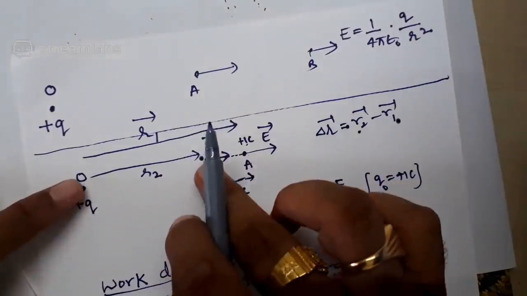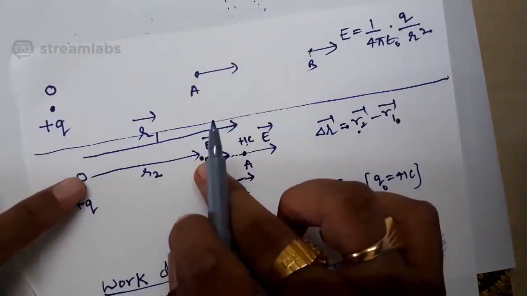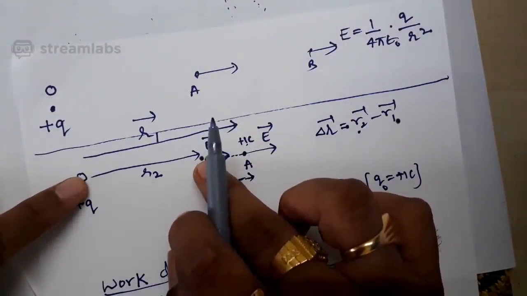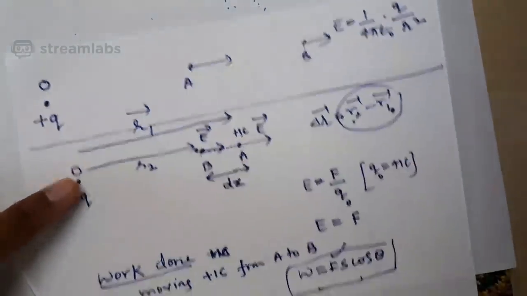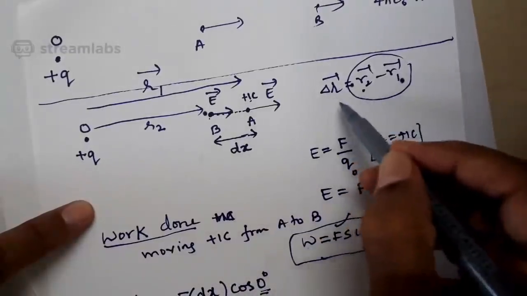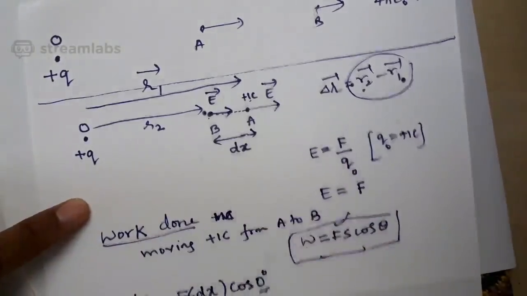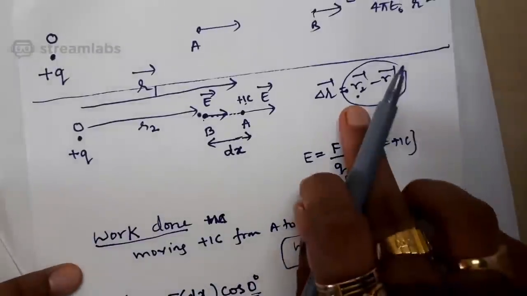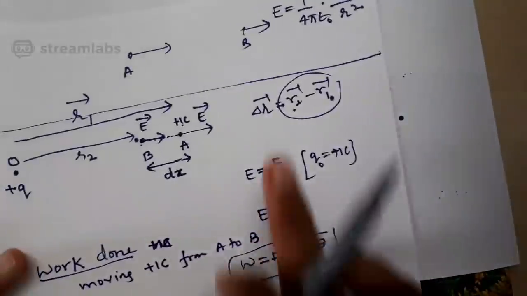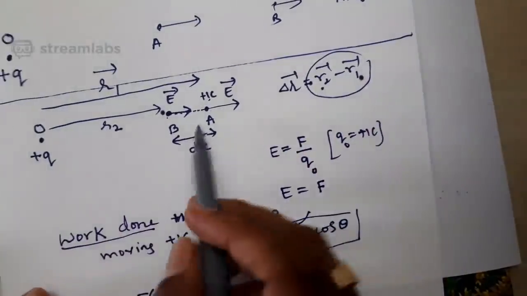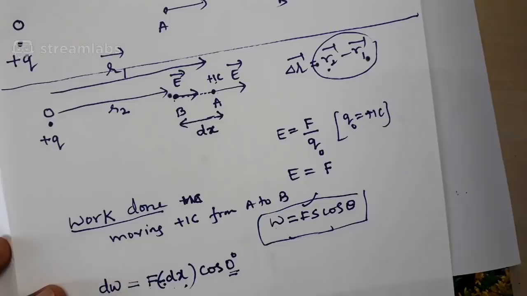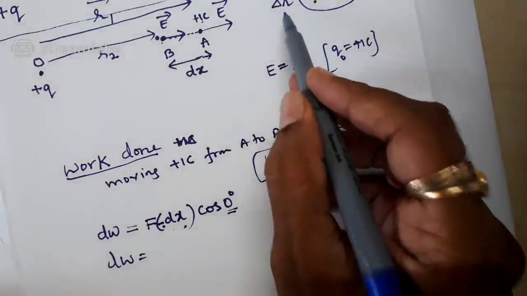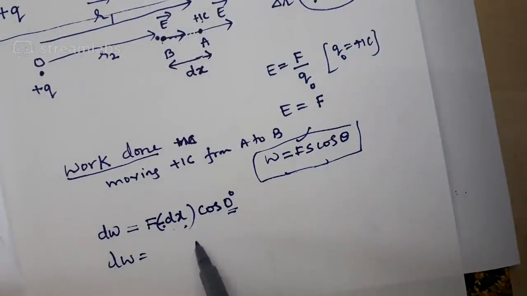Since it is a one-dimensional case, if I speak in terms of distance, don't you think that R2 is less than R1? When you do R2 minus R1, obviously the answer is negative. That is nothing but delta R. Delta R is nothing but dx here. That's why it is minus dx. R2 minus R1, final position vector minus initial position vector. So instead of delta R, what I have here is minus dx.